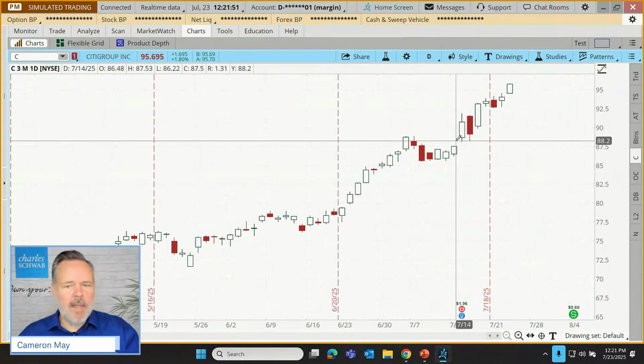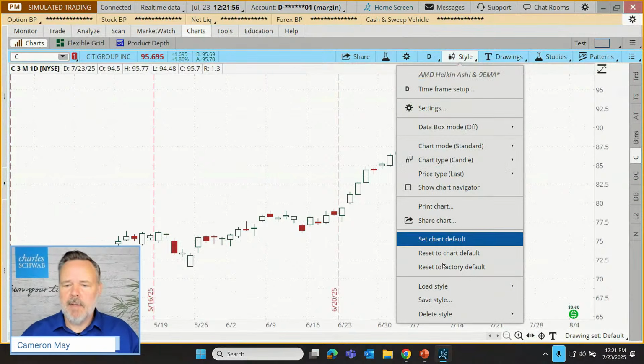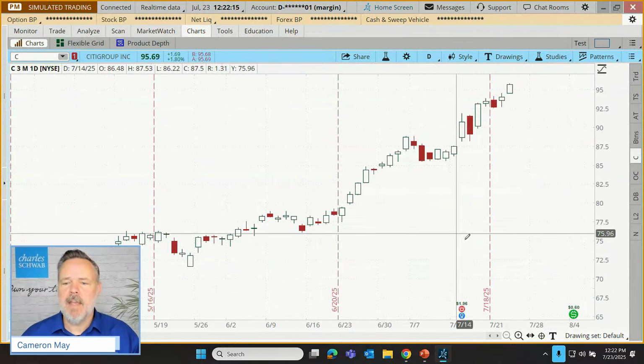So what we might want to do here is save this style. I'm going to save this chart style, and I'm just going to call it my equity 3-month candle chart, whatever we want to call it. Or if equity is too fancy of a broker speak word, we'll just say it's our stocks 3-month candle chart. I'm going to save that.